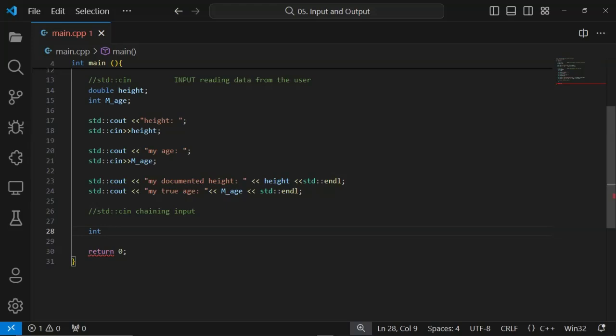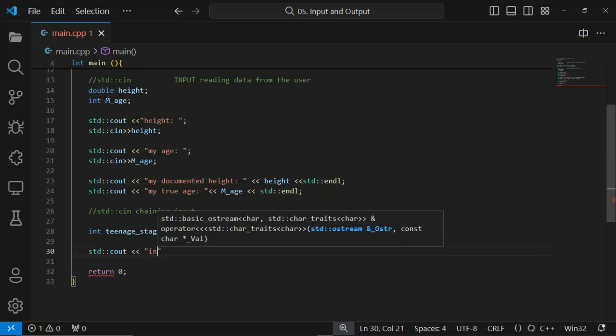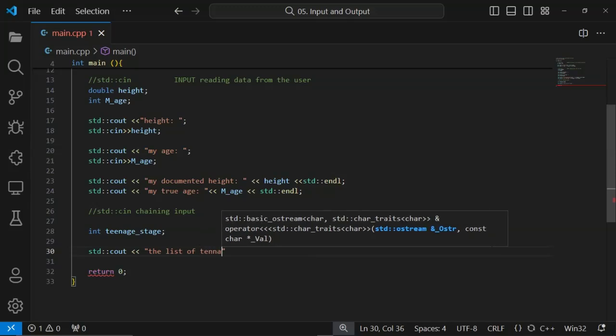Let's say, let's just use any number that we like, or let's just say teenage. Let's say teenage stage. So here it's gonna write teenage stage, and I'm gonna be writing entering teenage stage, inputting the list of teenage stage,